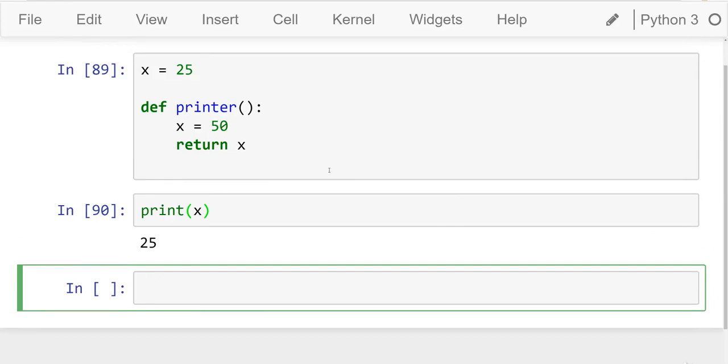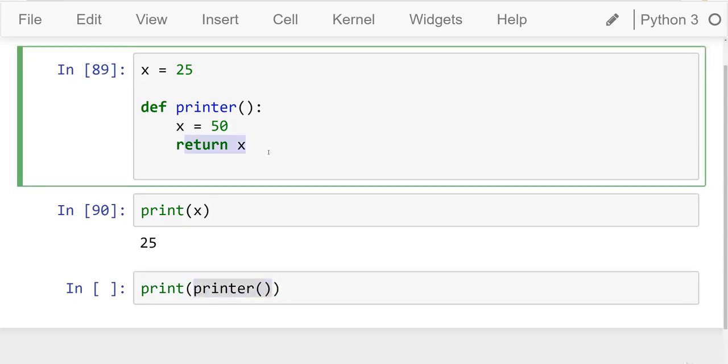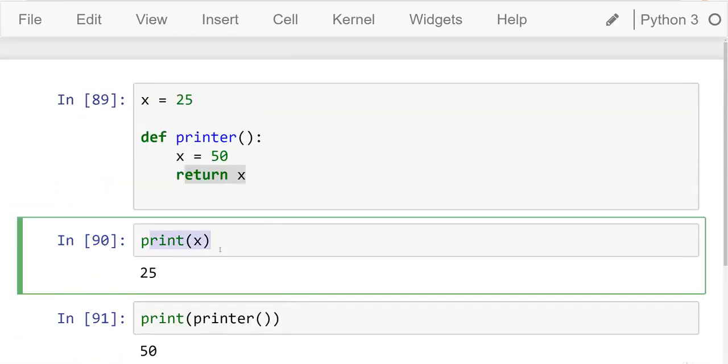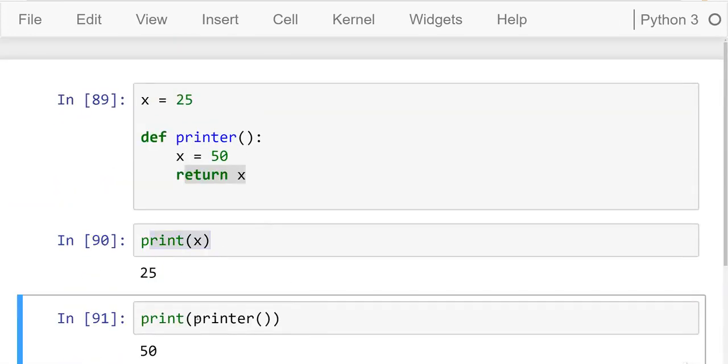What I want to show you is if I say printer, open close parentheses, so I'm actually running the result of printer and returning the x here, then I get back 50. So when I print out x, I get 25, and when I print out the result of printer, I get 50. This is quite interesting, but the question we want to answer is, how does Python actually know